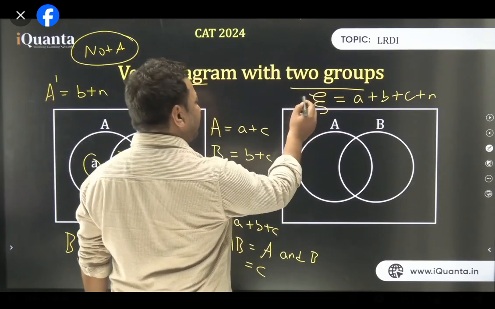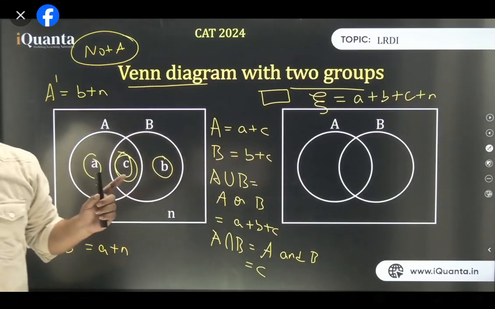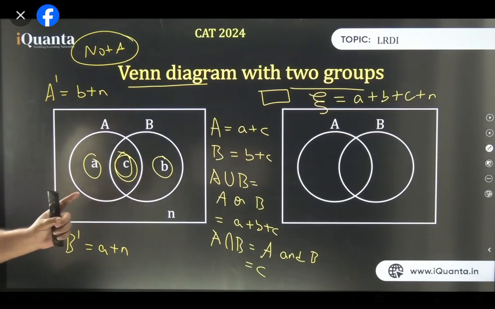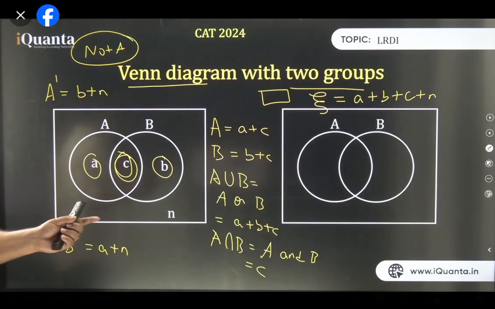This symbol denotes the universal set. जो rectangle है, that is the everything, all of it together. सबको मिला दिया गया. So a plus b plus c plus n. कशिश कुछ लोग u लिखते हैं, but then they get confused because u also stands for union. I use zeta. उसकी जरूरत पड़ेगी नहीं, बस ये एक बार देख लो zeta. All right.